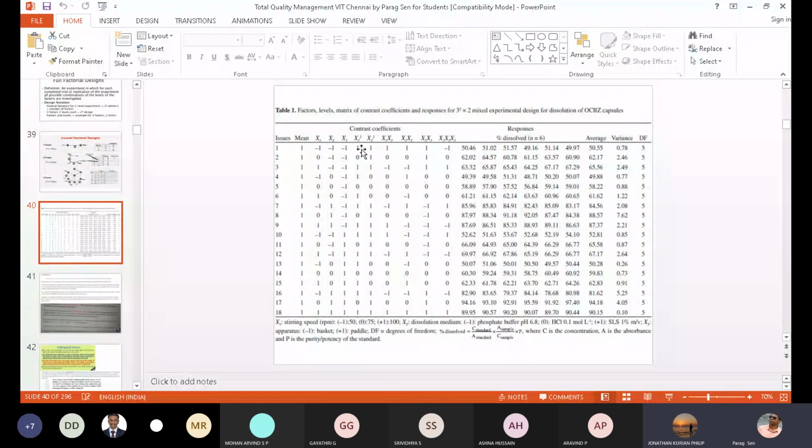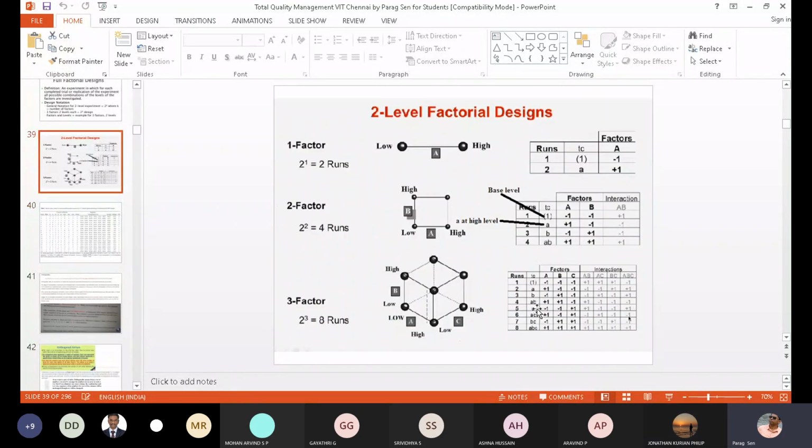And you can see x1 square, x2 square, x1x2, x2x3. So all these interactions are also considered, because obviously the interactions will go high. And if you ask why in this case x1 square, x2 square are considered, but here A square or B square are not considered,